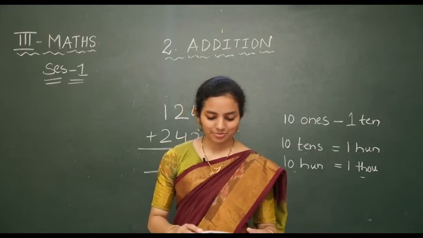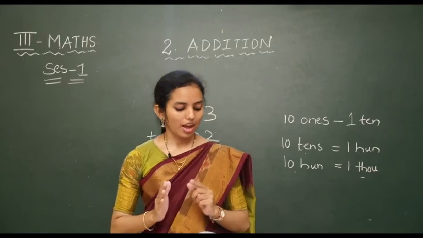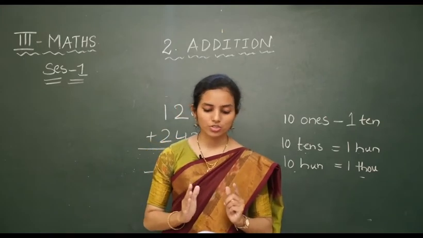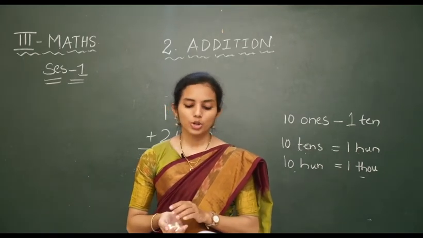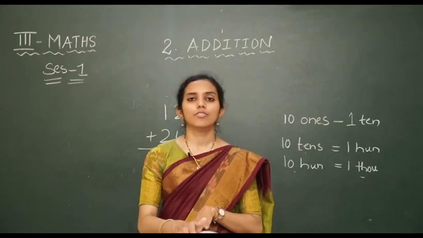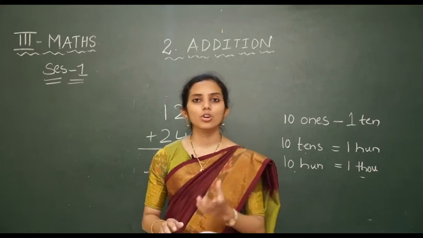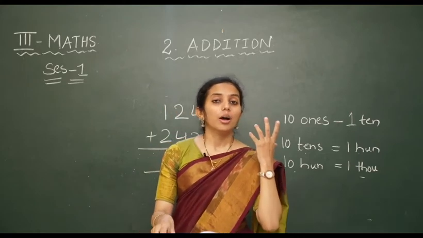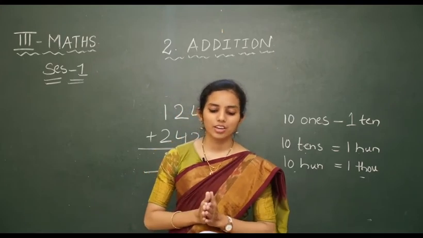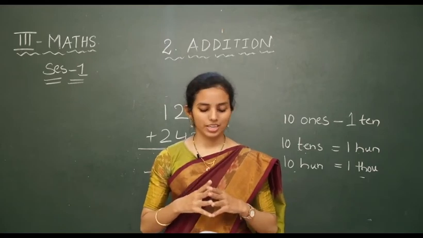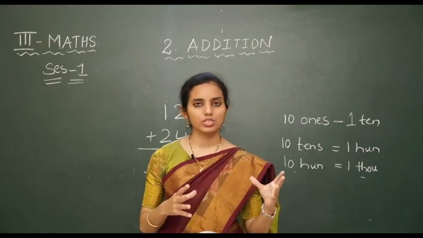Now the next question is, a milk van supplied 4350 sachets and 3206 sachets of milk to 2 booths. How many sachets of milk did the van supply? Do not worry about what explanation is given in the word problem. We are only bothered about the digits and the mathematical operation that we have to perform. So what is he asking? How many sachets of milk has the van supplied in total? So add both the numbers, 4350 plus